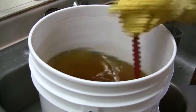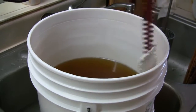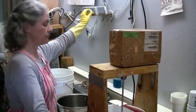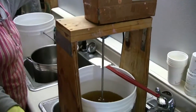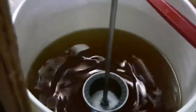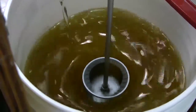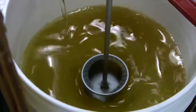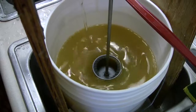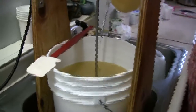So I'm just getting the olive oil and the tallow blended there. And there's also coconut oil in here, which is what creates a lather in soap. You can see as soon as you add the lye, it begins reacting right away and changing the composition, so the color gets lighter,